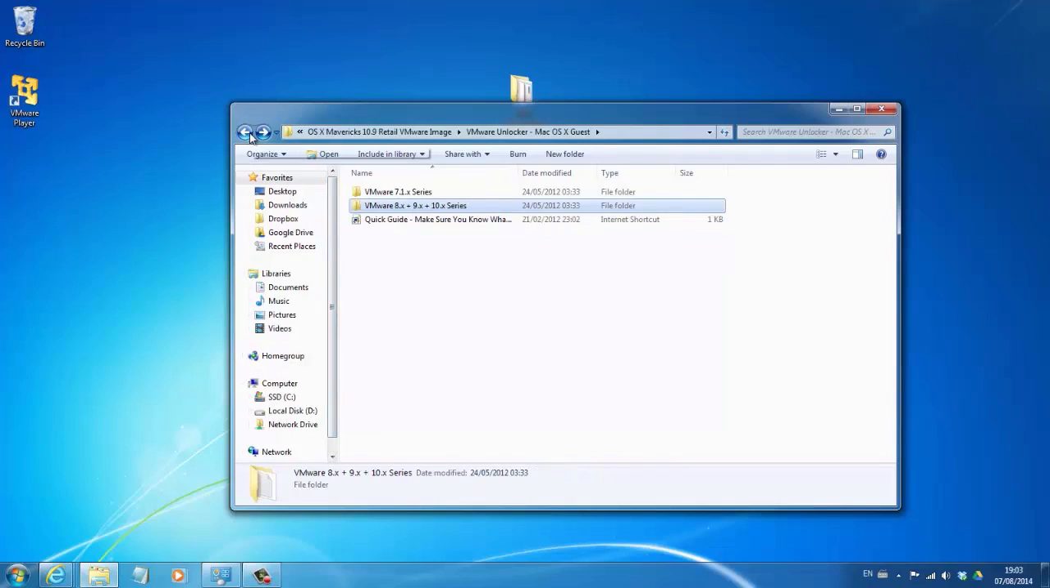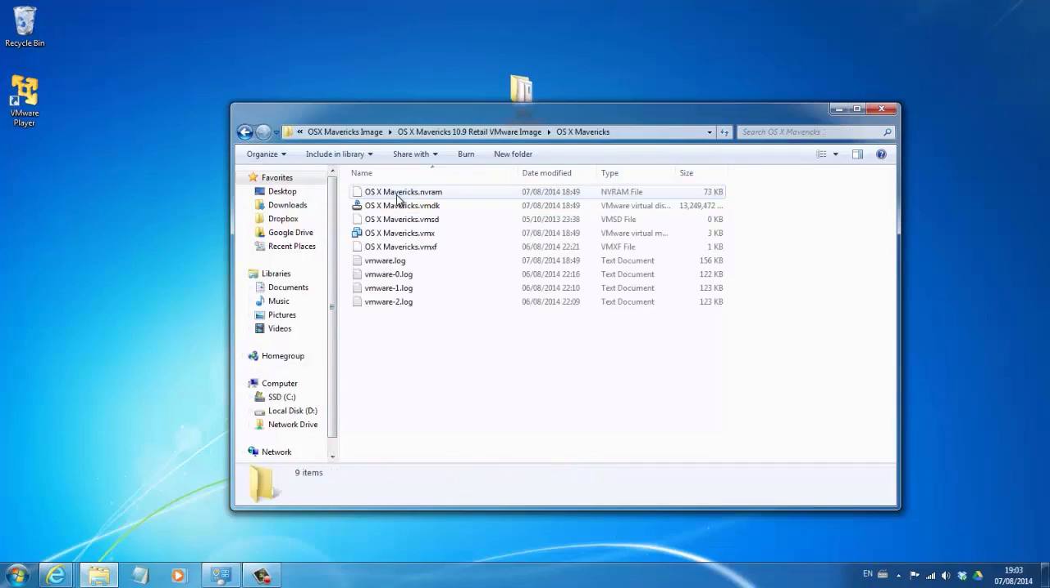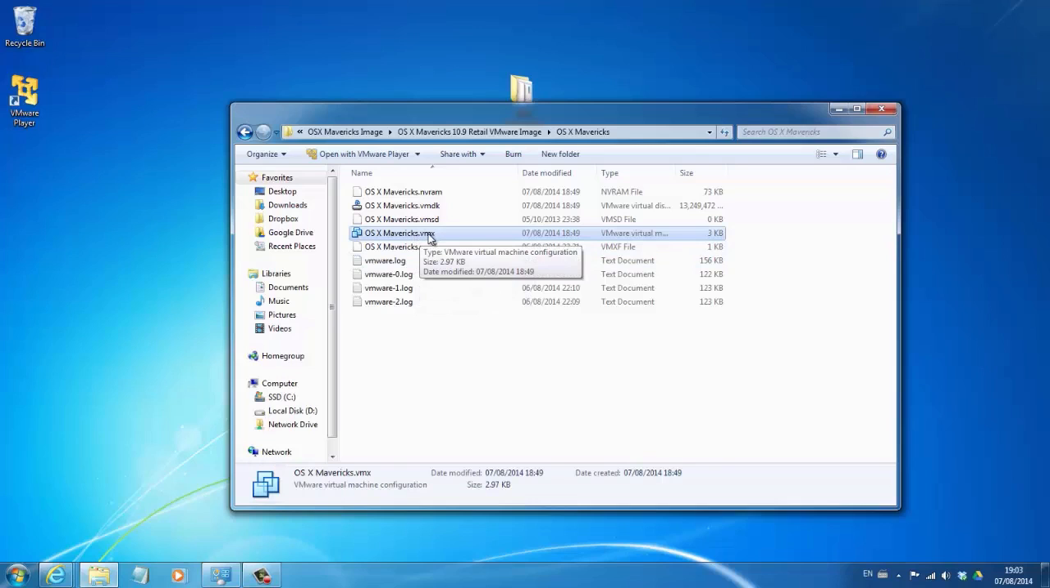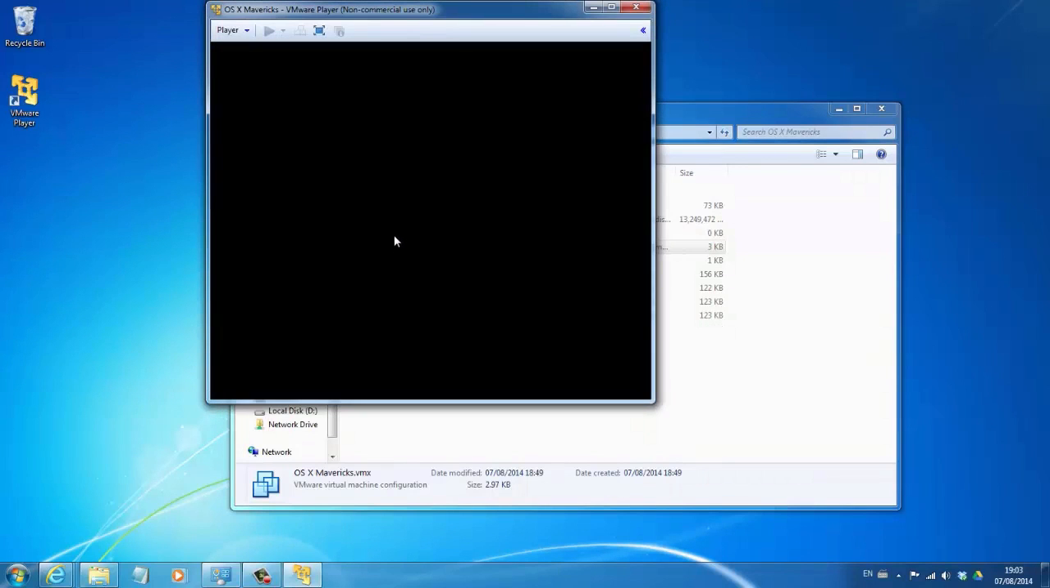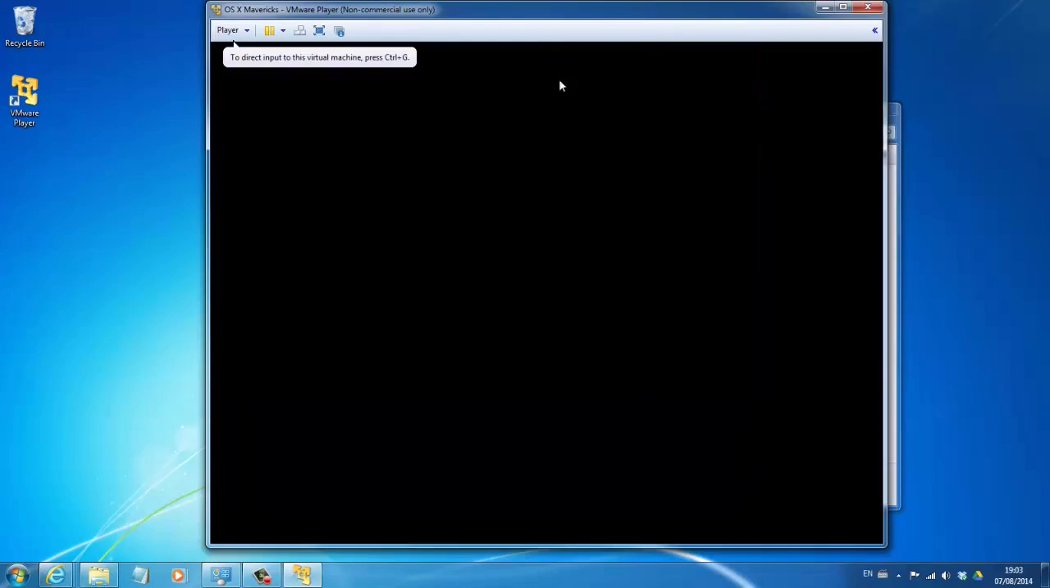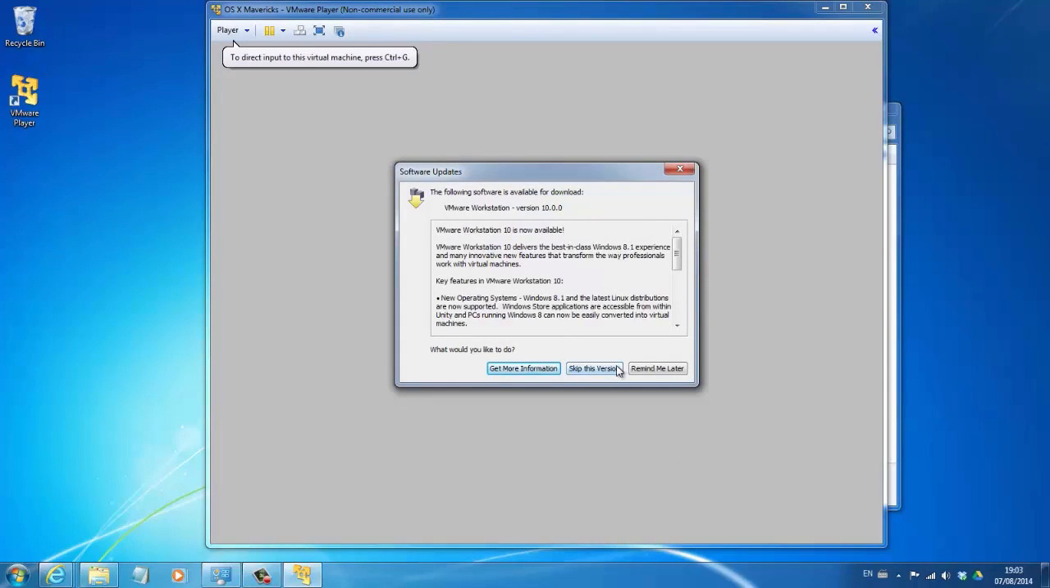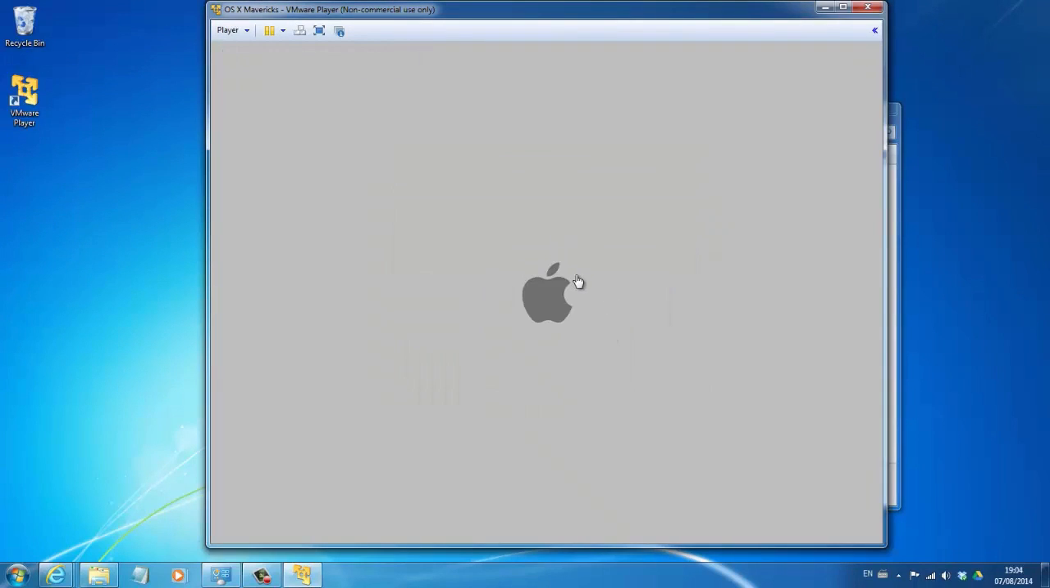I'm going to go back into the main folder, click on OS X Mavericks. You can see we've got this really big file here. That's where the data is stored, and the one that I actually want to run is this .vmx file. So that's the file which will open in VMware Player and run OS X Mavericks for us. So I'm just going to double click on that, and you should find, I'm going to skip the version again, that you get a nice Apple logo there,